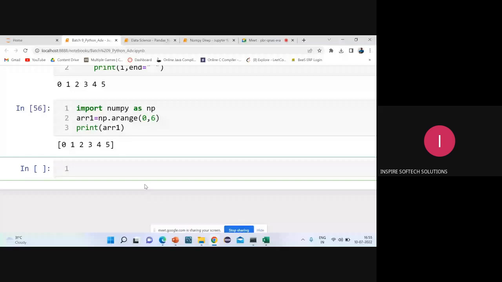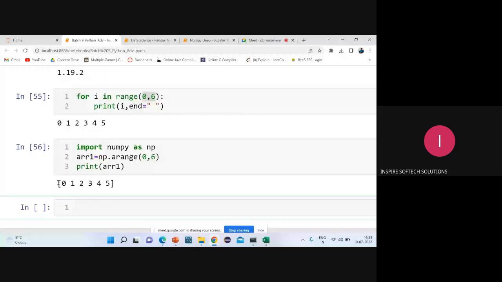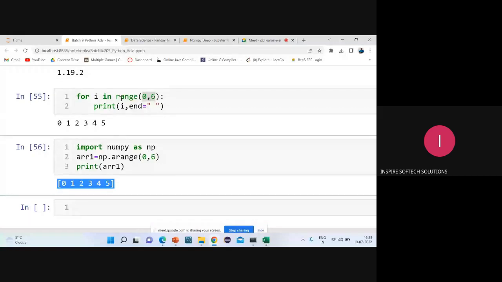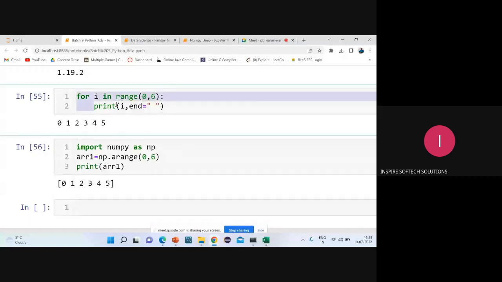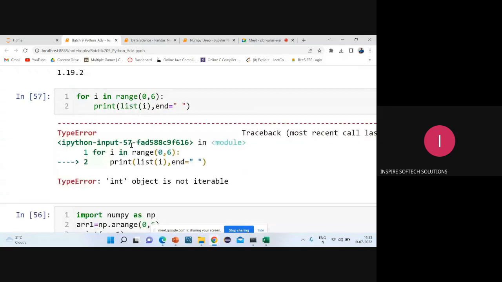Okay. Because we are dealing with numpy, it is going to be an array, with brackets, this is nothing but a general value. Now if you want to convert this to a list, you can convert it to a list. So print the value with the help of list. So we have a method called list. So int object is not iterable, yes, because you have to store that in a third variable, then you have to do it.